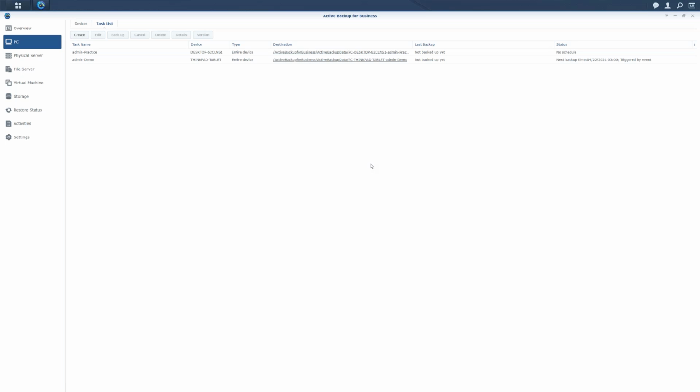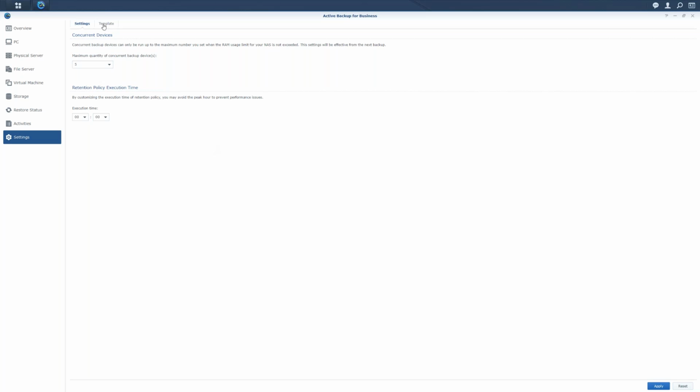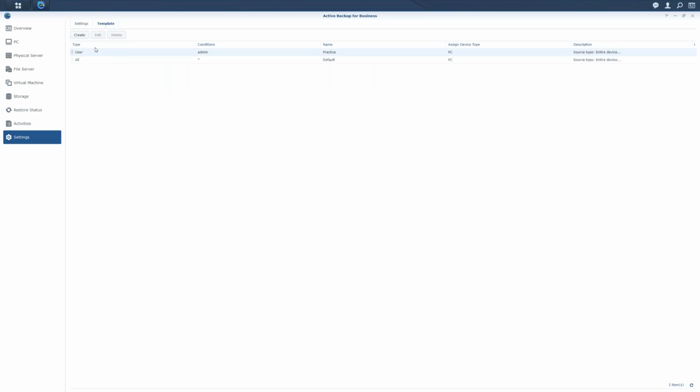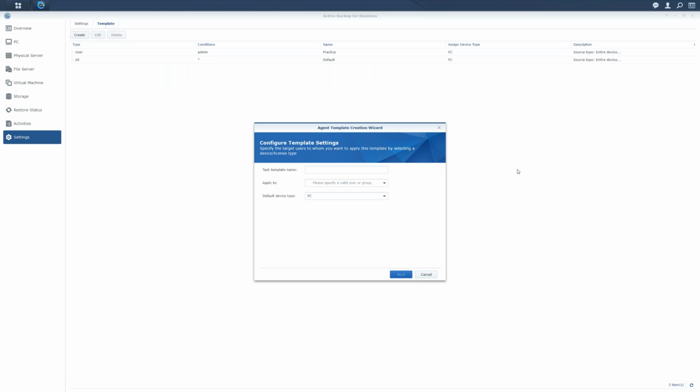So how did I get a backup done in the first place? One thing that's nice about this software is you're going to do pretty much everything on the NAS itself instead of on the computers that you're going to back up. So if I go to settings, I go to template, then I can click create. A template is going to determine how the backups are done. I'm just going to call this demo.